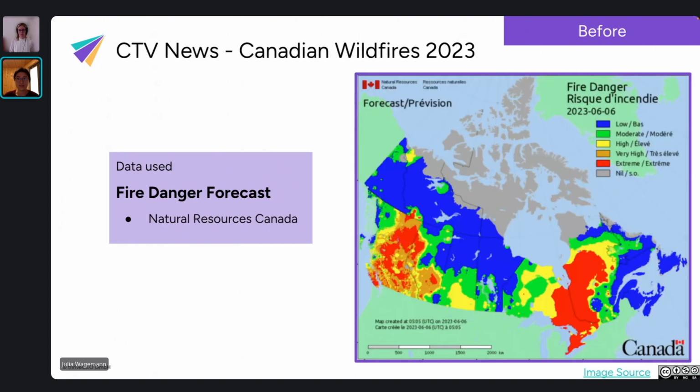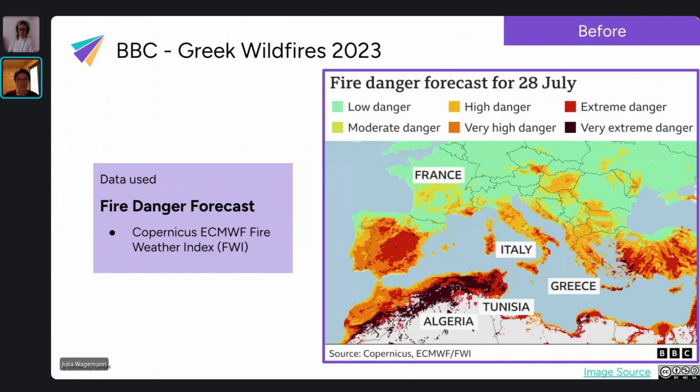And you can find this data usually either from a national source, in this case from Natural Resources Canada, or we also have some regional and global sources for this data. Next slide, please. So here the BBC News have a map showing the fire danger forecast for the Greek wildfires, again last summer. And this was the fire forecast of 28th of July.